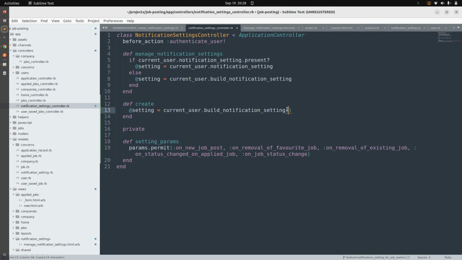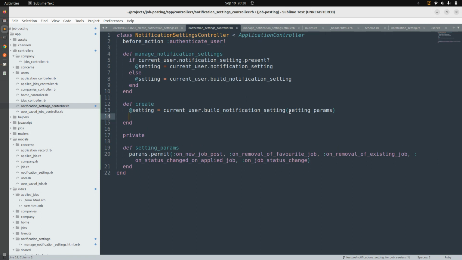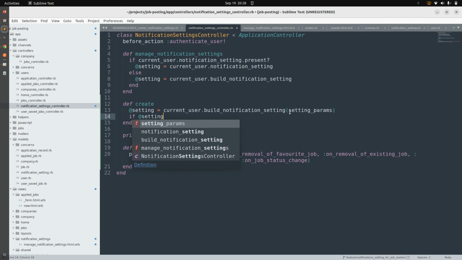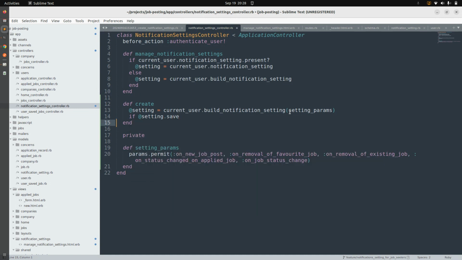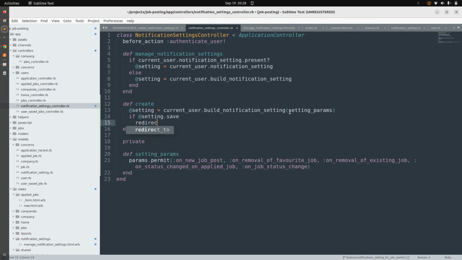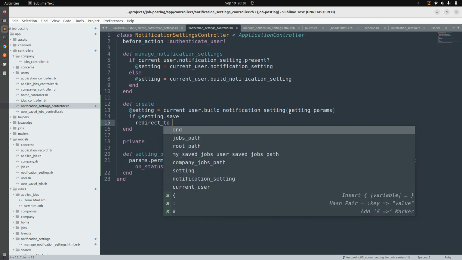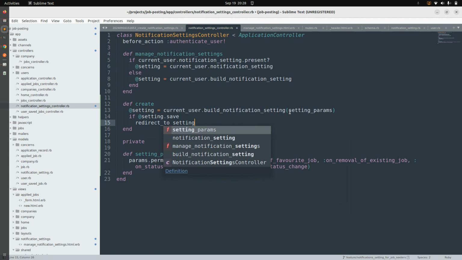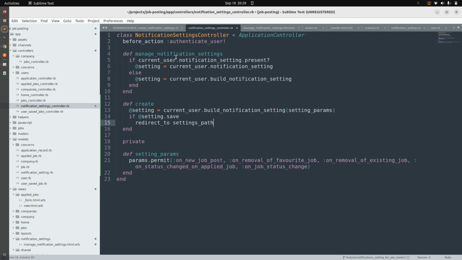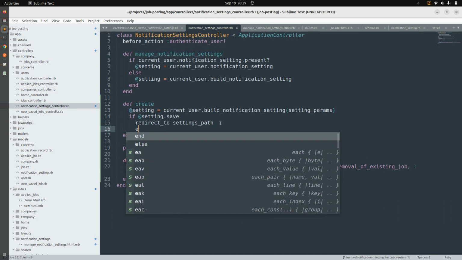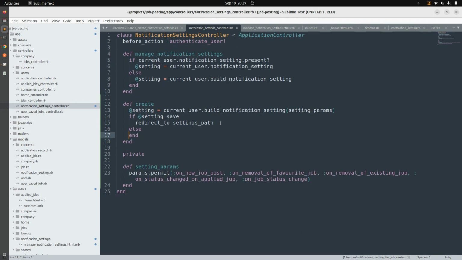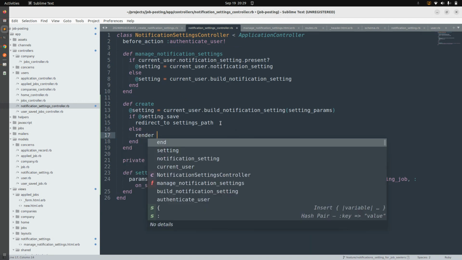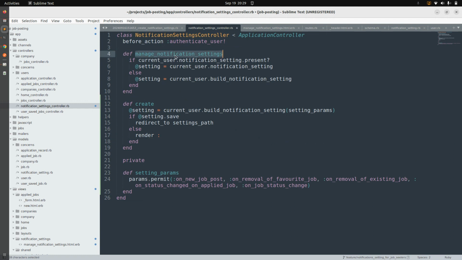Okay, here, and then if @setting.save, redirect to settings path, which is that redirect onto the manage notification settings. Okay, otherwise, if it is not saved successfully, then render this section, which is manage notification setting and status